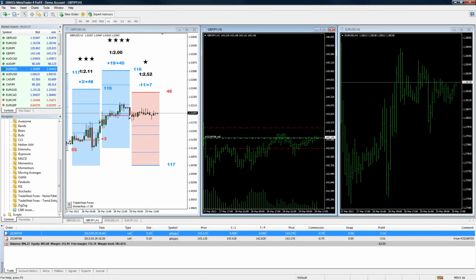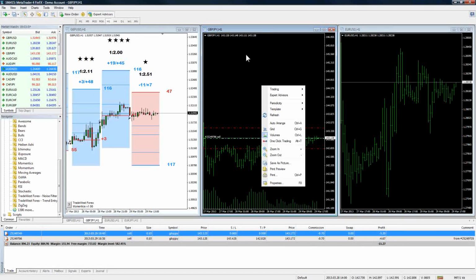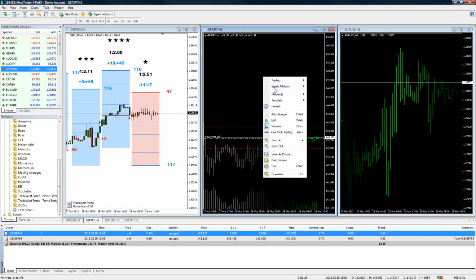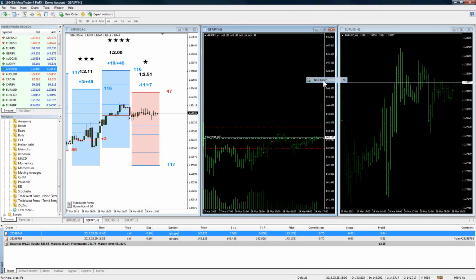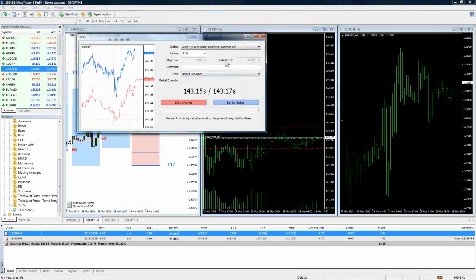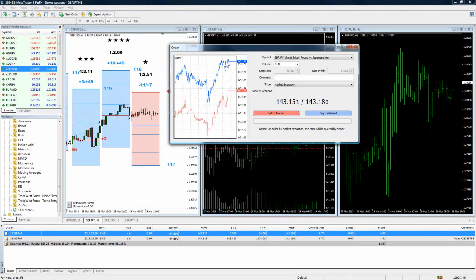Charles is asking, can I close an MT4 taken trade with Pip Stat? Okay, I'm assuming you're talking about, for example, taking a trade. Let me show you here. I think this is what he's referring to. So if we came over here to the pound yen and said trading, new order. Let's say we place a new order with MetaTrader. I'm thinking that this is what he's referring to.